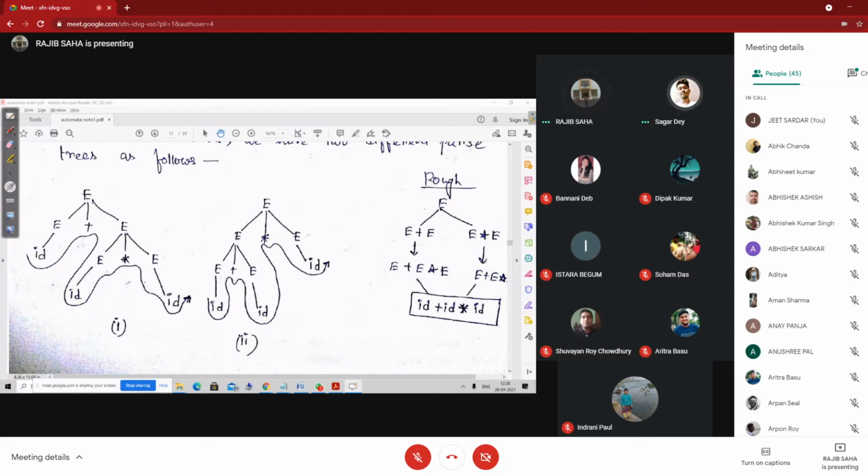স্যার একটা কোয়েশ্চেন ছিল। হ্যাঁ বলো। স্যার যখন লেফট মোস্ট করছি রাইট মোস্ট করছি, তো ওই দুটোর ক্ষেত্রে রুলটা তো আলাদা হচ্ছে, ফলে যে ট্রিটা হবে ওটা তো আলাদাই হবে সব ক্ষেত্রেই মনে হয়। হ্যাঁ, ম্যাক্সিমাম ক্ষেত্রেই আলাদা হবে। যদি লেফট মোস্ট করো রাইট মোস্ট করো আলাদা তো হবেই। সেজন্য বললাম যে it is very easy to prove a grammar as an ambiguous grammar. Now there is a rule to remove the ambiguity. সেটা একটু কঠিন, সেটা আমি এই কারণে করলাম না, because that is not part of your syllabus. যে জিনিস সিলেবাসে নেই সেটা বেকার পড়ে লাভ নেই। Removal of ambiguity is not part of your syllabus, so that's why I haven't taught that one. সো এই অ্যাম্বিগুইটি পর্যন্তই থাক এবং এই পর্যন্তই তোমাদের কোশ্চেন করব।